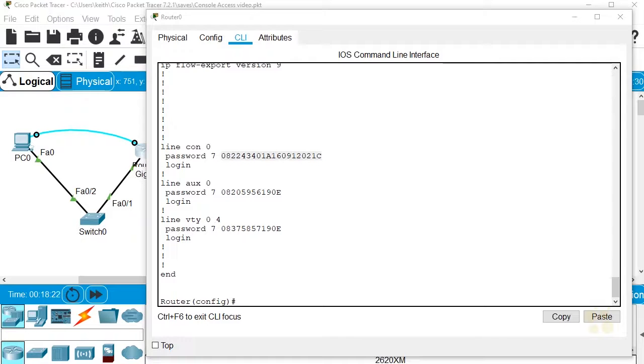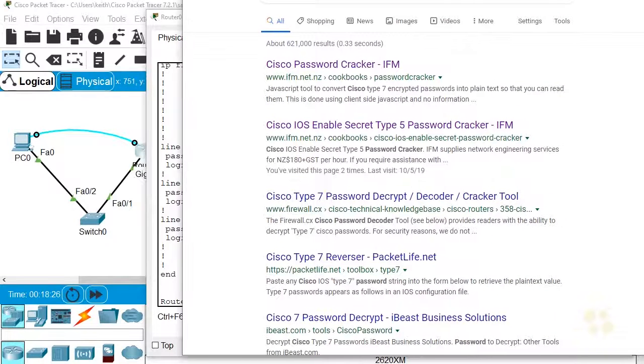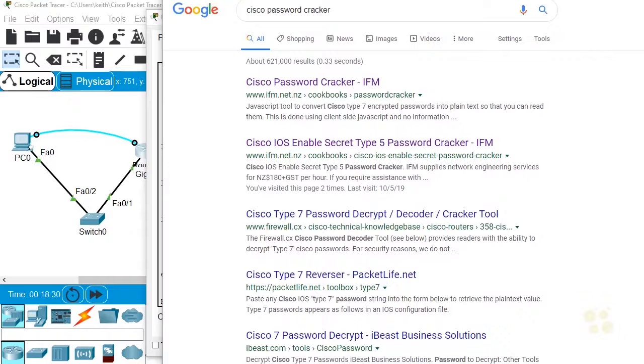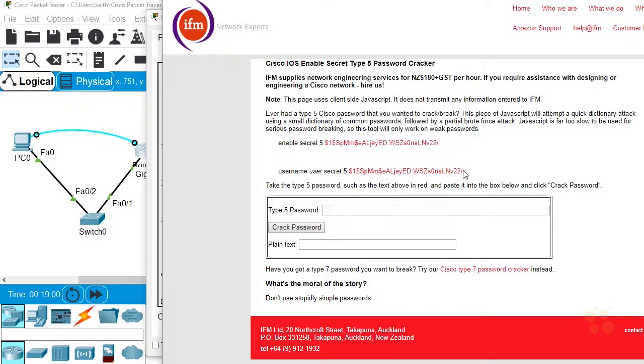So now here's the bad news for those type 7s, and that is if we did a search with your favorite search engine and we searched for Cisco password cracker, there's lots of options that are provided for us. So they have some that'll break type 5, there's some that'll break type 7. So if we go to this one for type 5, here it's explaining that it can crack the type 5 passwords. This would take quite a while to actually crank through,